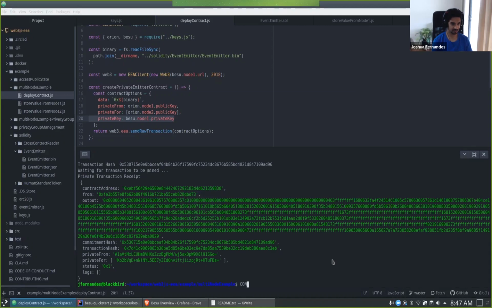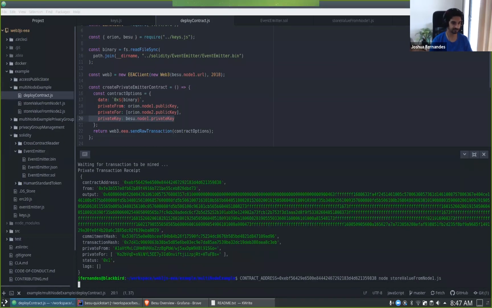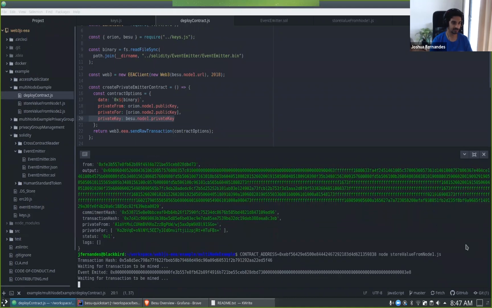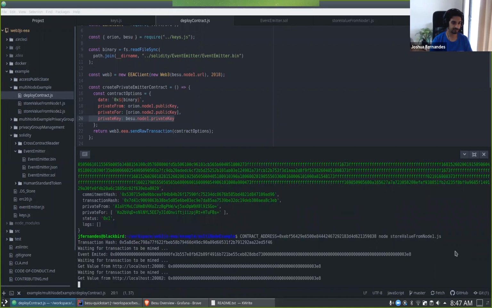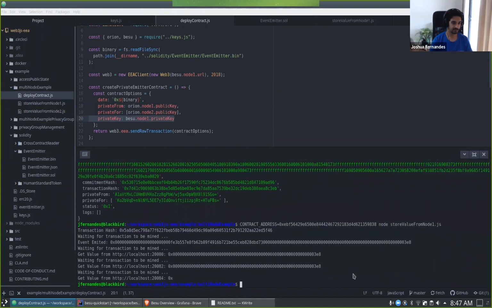Then we will send a transaction from 1 to 2. And what we see here is the transaction has gone from 1 to 2, and both have records of the